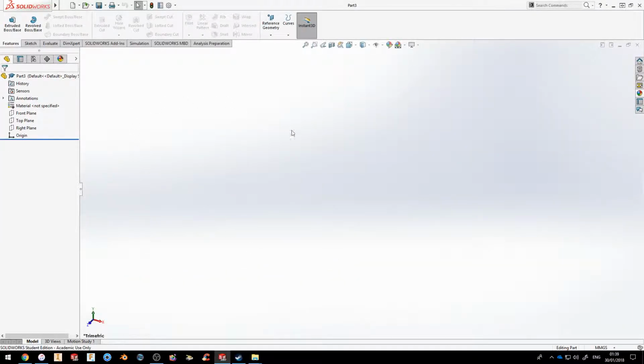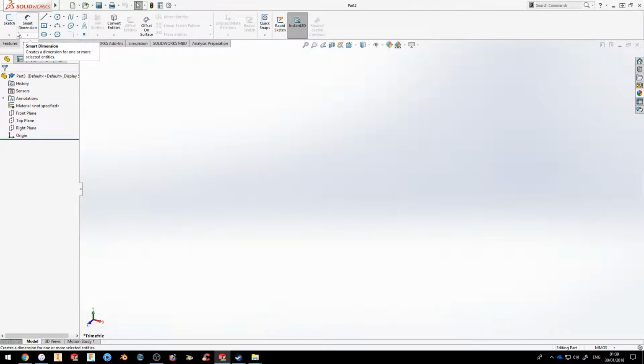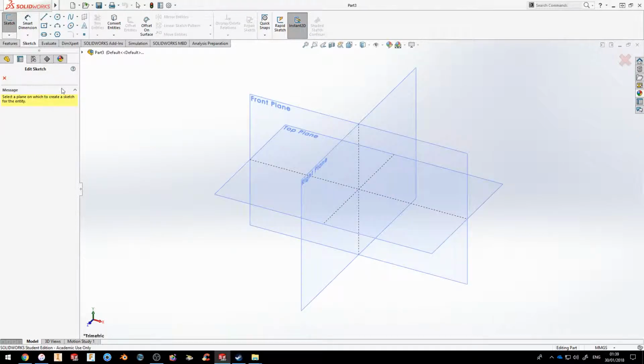Once you have done this, you'll be prompted with this screen. To start a sketch, you want to go over to Sketch, and then click Sketch, and then you want to choose a plane. So for this, we'll be using the top plane,